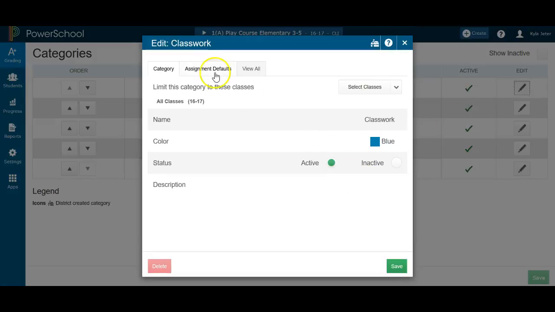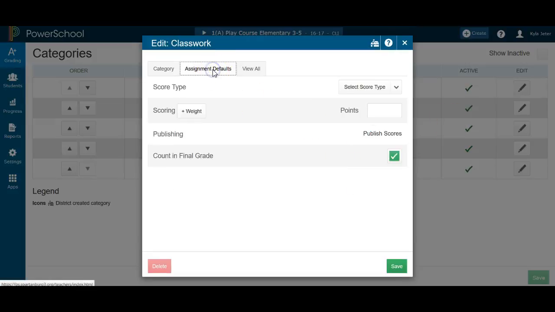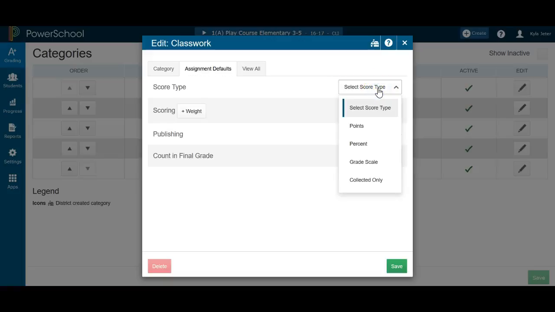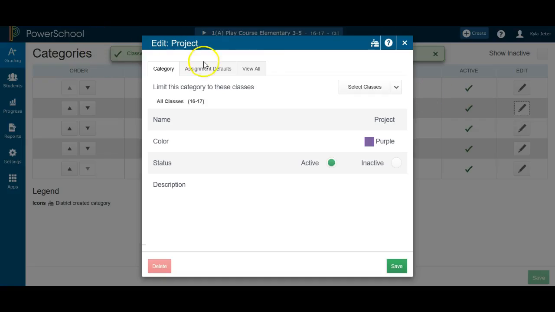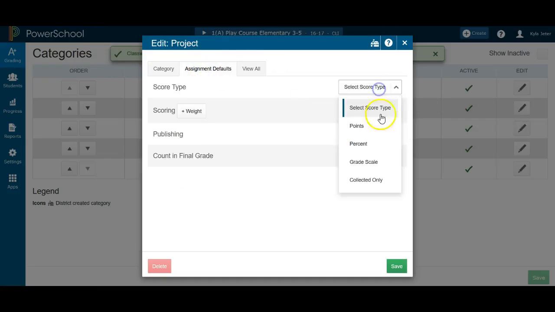So I'm on classwork now. Click assignment defaults, and right here you can change your score type, which is your grade input type, to percent, and then change your points to 100. So every time you input a classwork grade, it's going to record as a percent, and the assignment will be points out of 100. So let's click Save, and we're going to do the same for project, assignment point defaults,